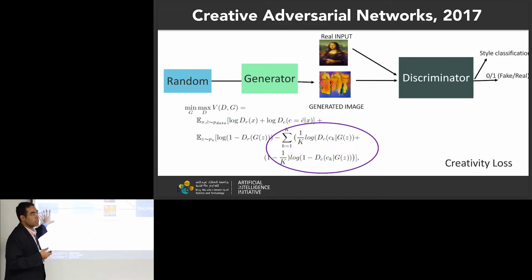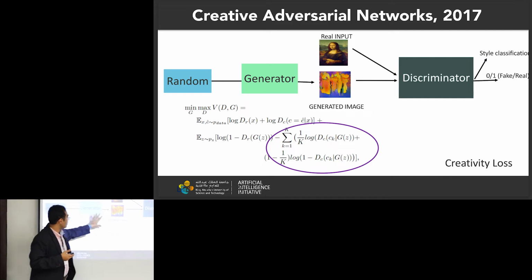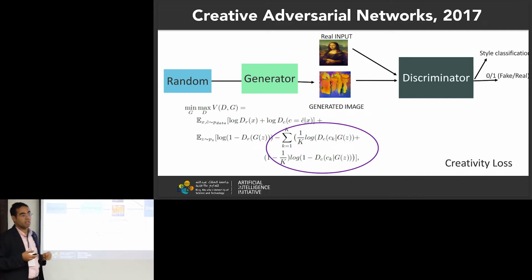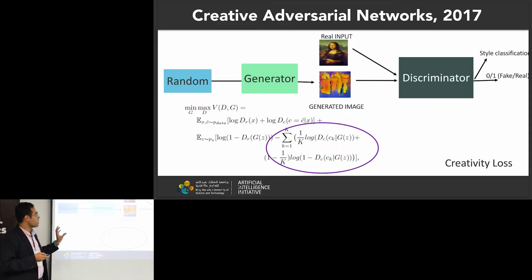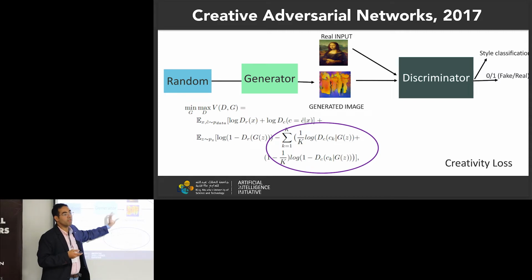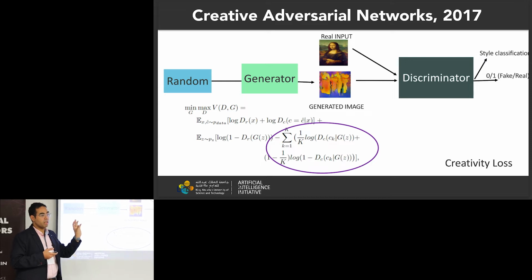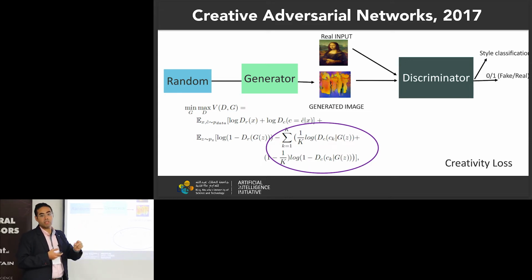We still train the generator to believe that this image is real, to trick the discriminator into believing that it's real. At the same time, we have a loss that explicitly encourages these generations to be different from what it has seen during training, and we call that deviation loss or creativity loss. What is this creativity loss? It's simply, I want to make this image hard to classify to any class I have seen during training.